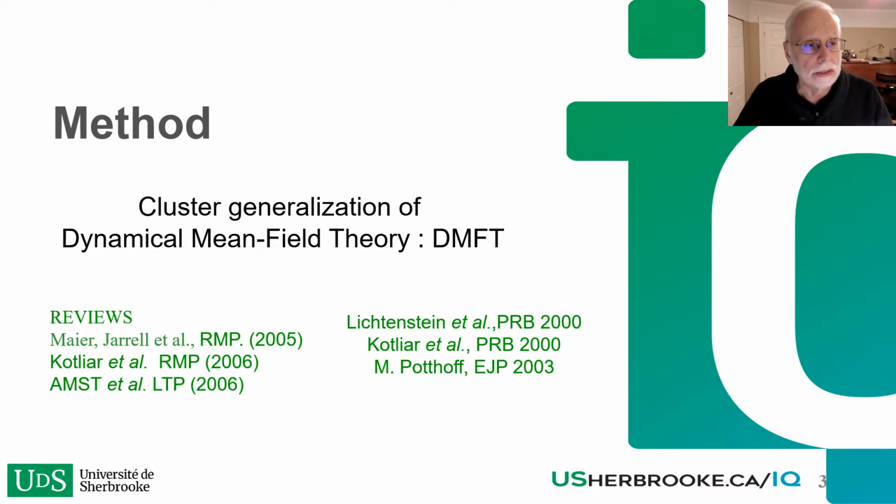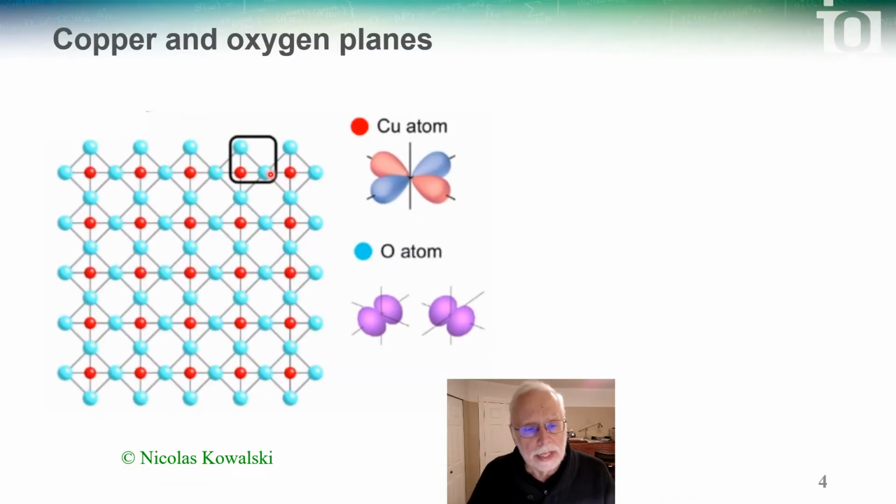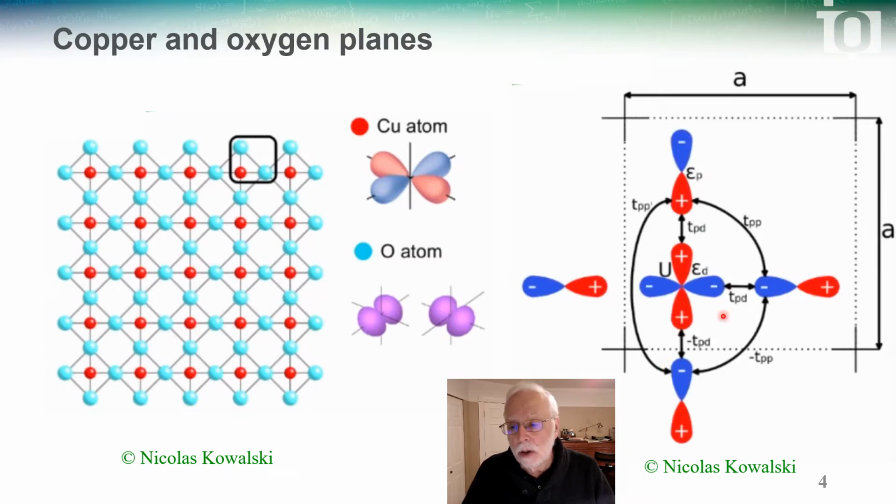exact diagonalization. We take as a basis in each unit cell a d orbital on the copper atom and p orbitals on the oxygen atoms. There are hopping parameters between all these orbitals, and we will focus on parameters epsilon p and epsilon d representing the occupation energy of orbital p and d. The interactions will be on the